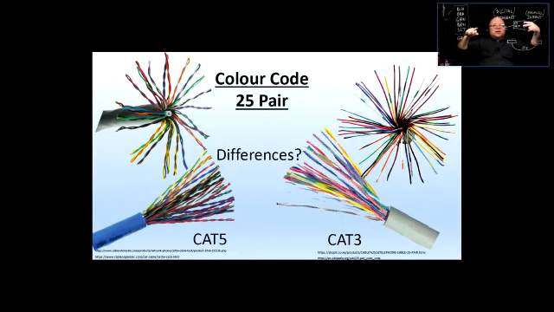And if the other pair is also twisted, then there's even less of a chance for the interference to happen. And if one pair is twisted at a slightly different rate than the other one, then there's even less chance of the crosstalk to happen, right? So that's why we have the twist. And the Cat3 will have a minimum amount of twist. Cat5 or Cat5e,